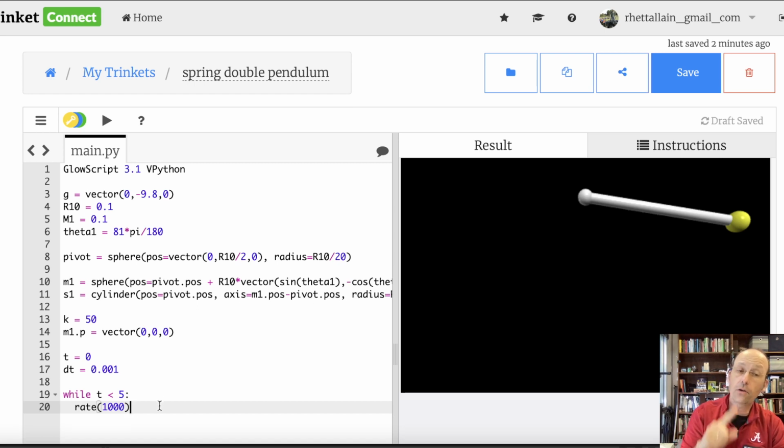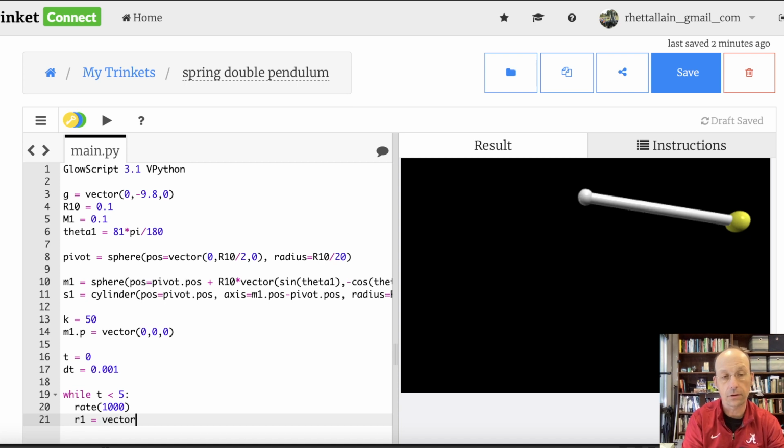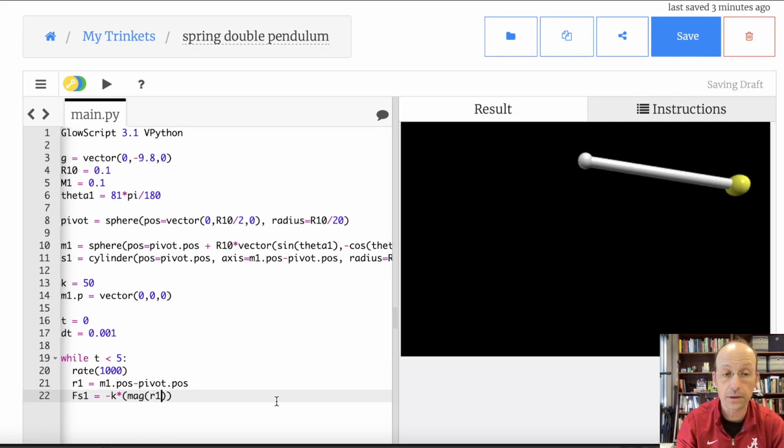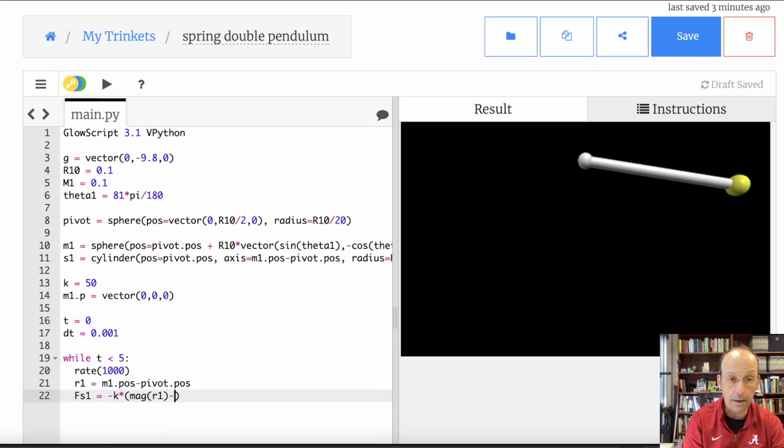Okay, so the first thing I'm going to do, I want to calculate that force. But before I do that, I need to calculate this vector r1. It's going to be m1.pos minus pivot.pos. That's it, right? Because that's the vector from the pivot point to mass 1. Now let's calculate fs1. It's going to be equal to negative k times mag r1. This is exactly what I had in my equation, right? Mag r1 minus r1